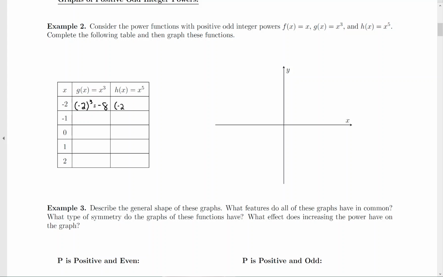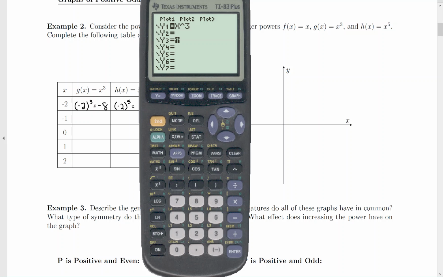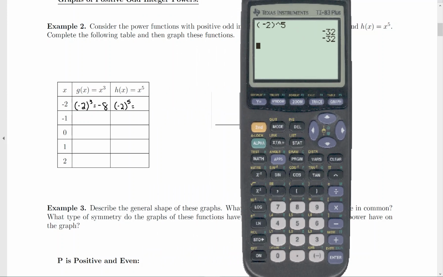Put the -2 into the fifth power. Now, if you're not familiar with using your calculator, now would be a good time to get that out. If you're going to type it in, make sure you use parentheses around the negative and the 2, and then raise it to the fifth power. And we end up with a -32